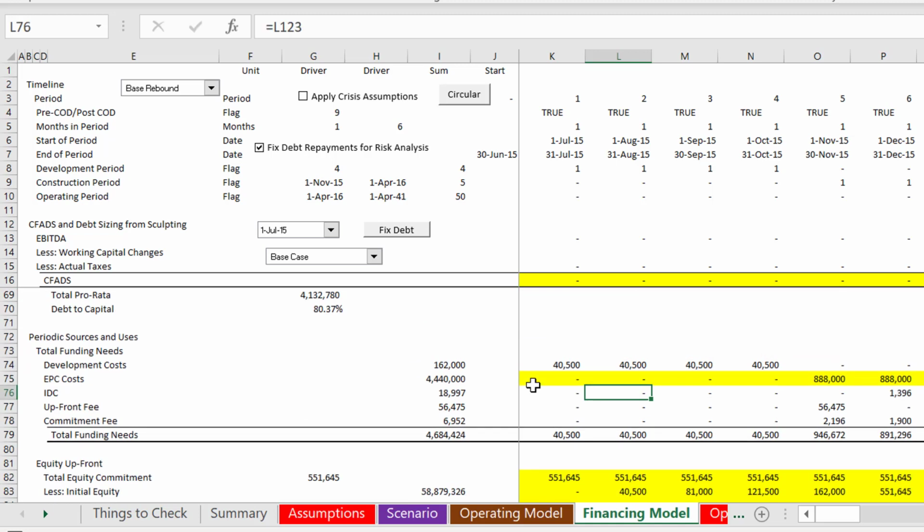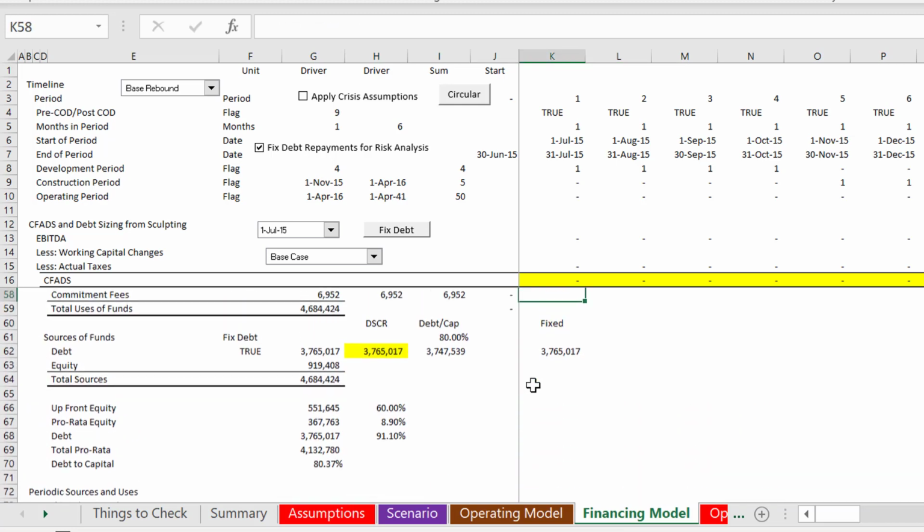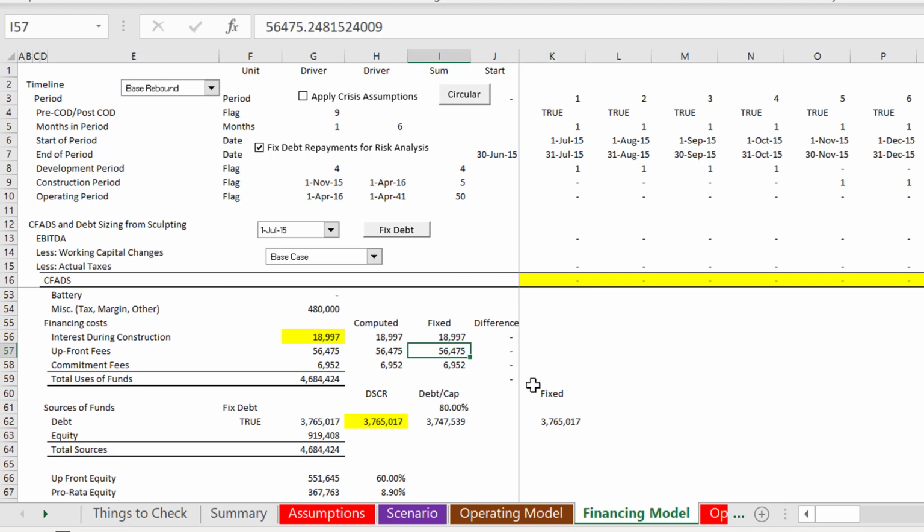But the problem is, of course, you put back the commitment fees and the IDC, the interest during construction. You put it back up here. You can total it. You could do a copy paste over here, and then you won't get a circular reference. But when you go and put the upfront fees, and I didn't put a DSRA account, I might add that in later. But when you put them back up here, if you just took these upfront fees and made those the computed fees,